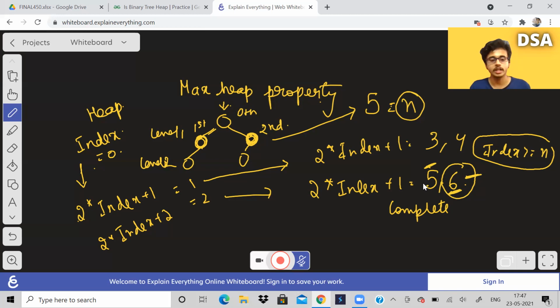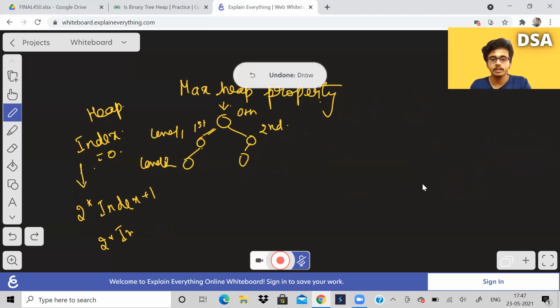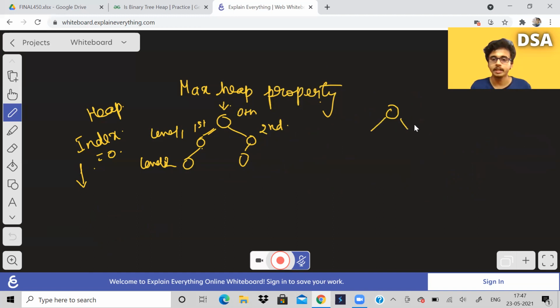So that is what I was trying to say. Let me clearly explain again. Maybe some of you did not understand. I'll draw the tree here. See, over here there are 5 nodes. At the 0th level, I will call this the 0th node.